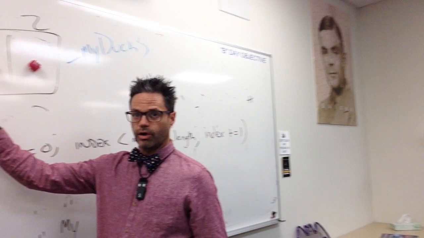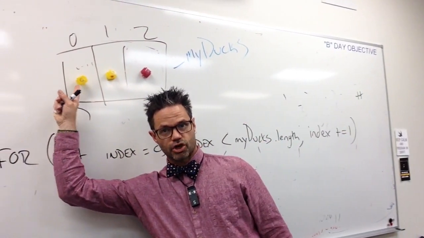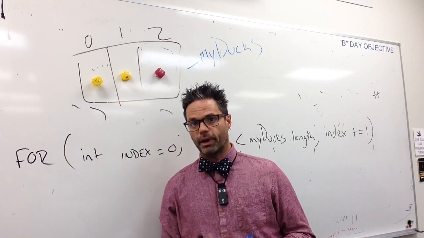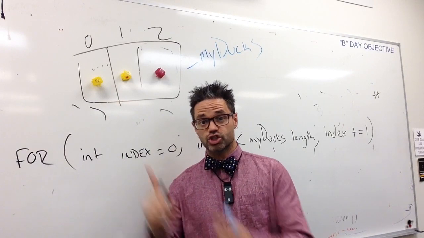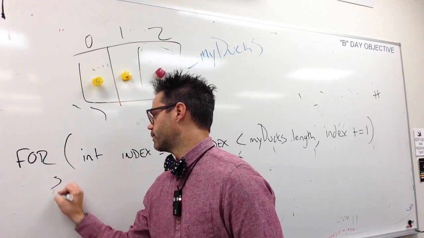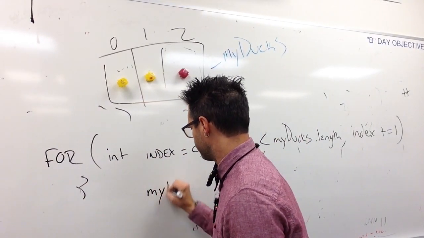So I have my loop right here. It's going to talk to my array of ducks, starting at 0, going to 1, and then going to 2. And as I go through that loop, I can actually affect each individual duck stored in my array at that point. So if I have right here my squigs and my ducks, subindex,